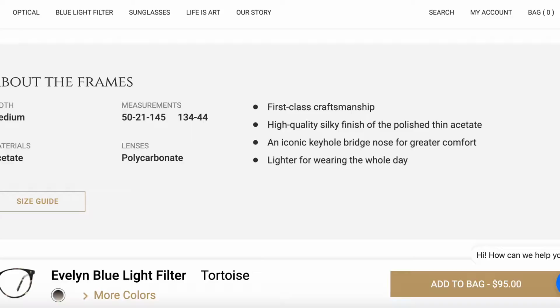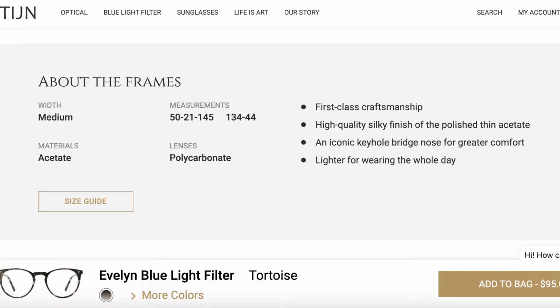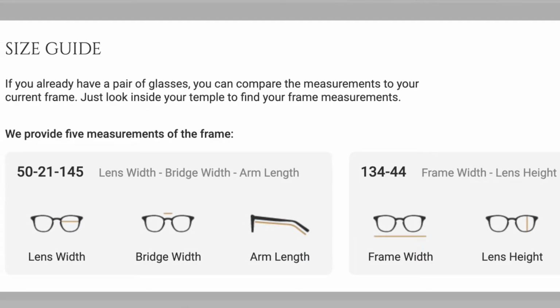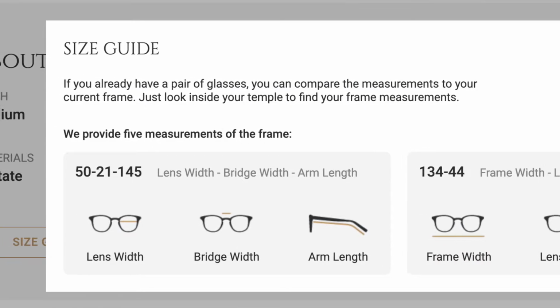I think the website is really easy to navigate. Every single pair of glasses, and they have so many different styles, has a full breakdown of every measurement you'd want to know. So everything about the lens, the bridge, whatever these things are called, the length of these. I really appreciated that because it's weird buying glasses online, and I have personally always felt that I have a